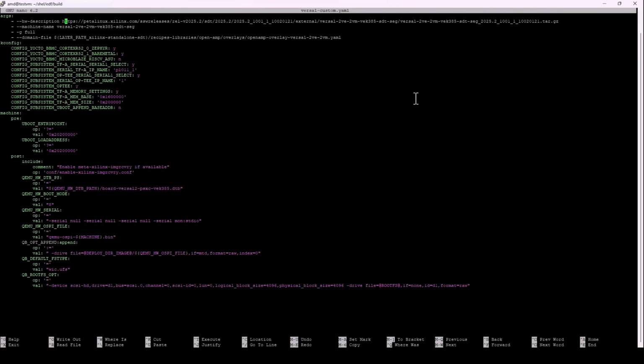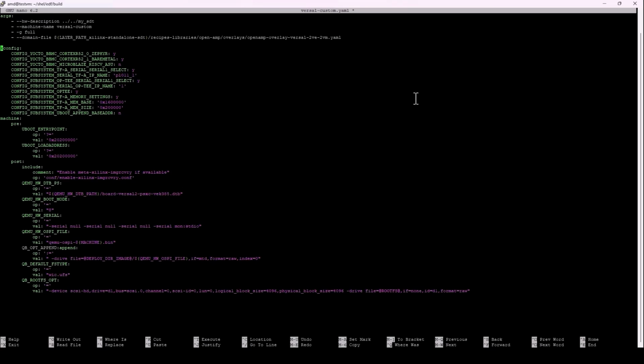For the hardware description, this should point to the system device tree directory that was created from SDT-Gen. Next, give the machine a custom name such as Versal Custom. Last, so that the machine can be written directly to the local.conf file, include the -lconf/local.conf flag pointed to it, so the new data can be appended to the end, and save the file. Note that this .yaml file can also be created within the meta-amd-adaptive-socs layer with adjusted paths to help better organize the Yocto project.